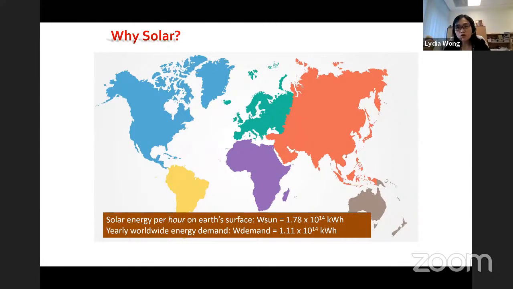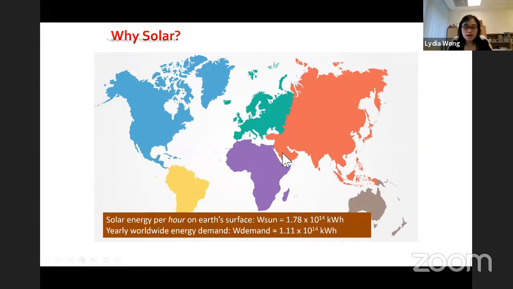And this is because we are always using fuel, which generates a lot of CO2. The coal or the oil that we burn generates a lot of CO2 and causes global warming. So one way to prevent the generation of CO2 is to use renewable energy, and solar cell is one of the best candidates, the cleanest candidate, to generate clean electricity.